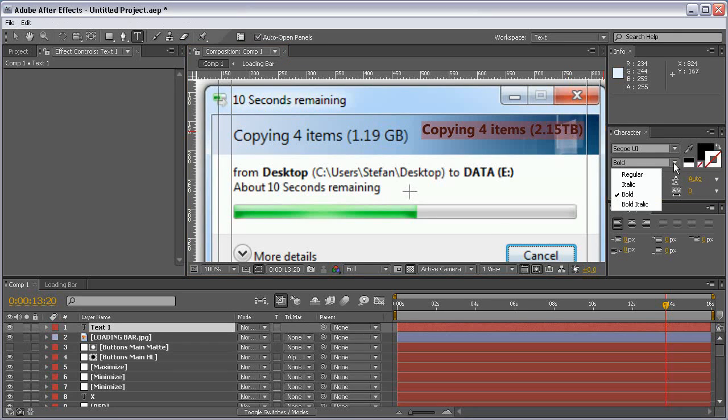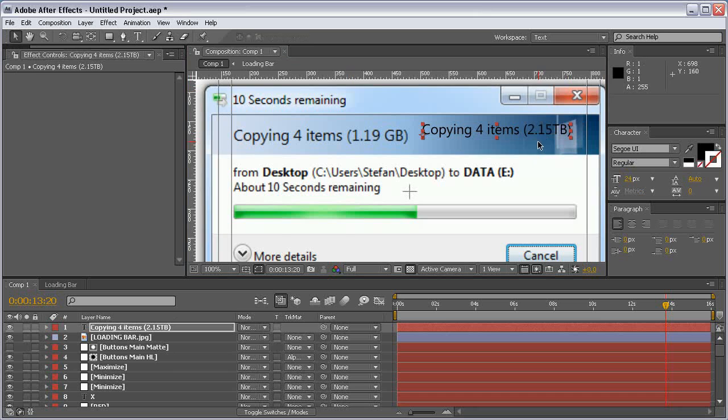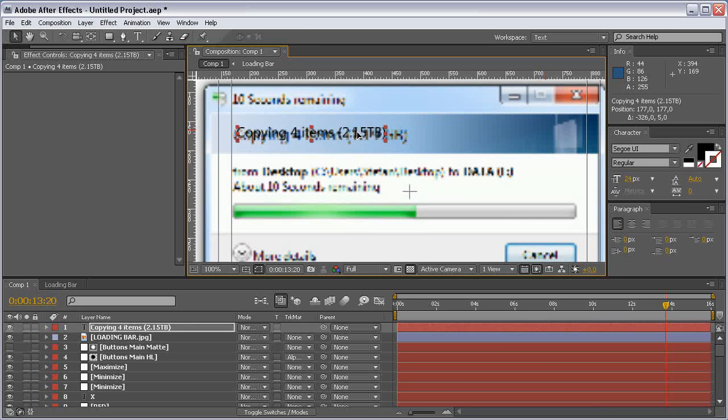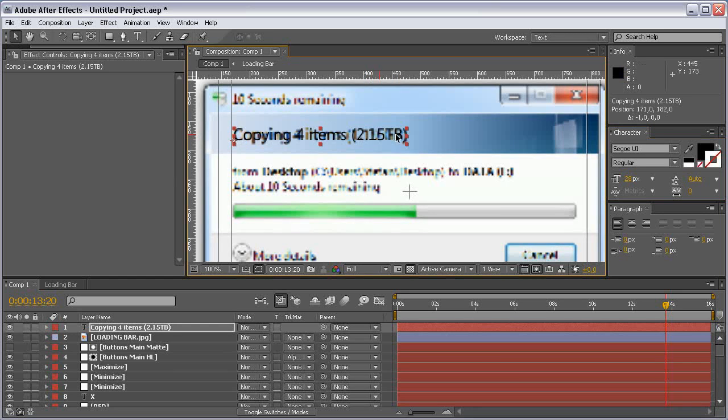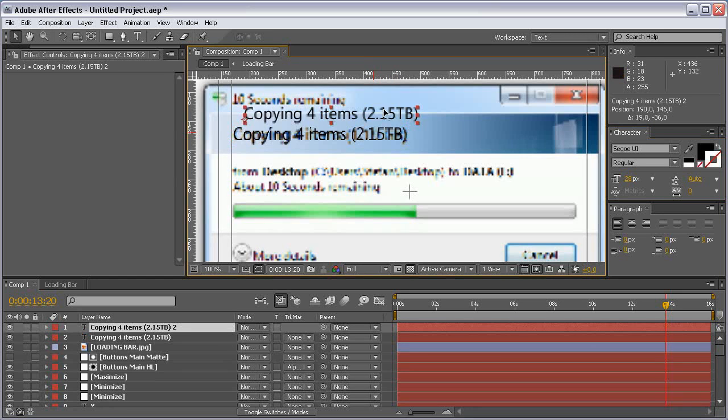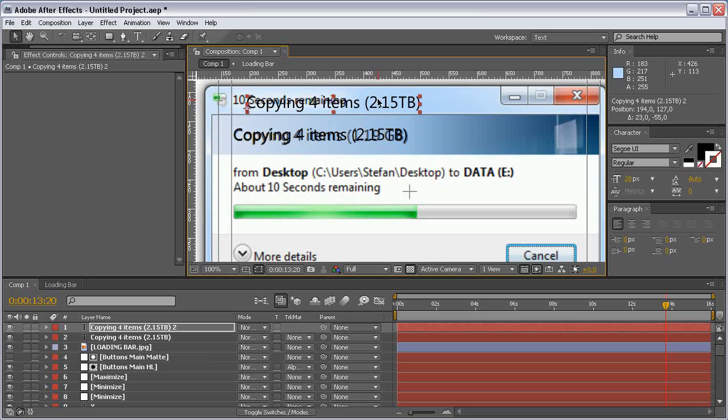type something unreal, like copying terabytes of information, and make this 30 or at least 28, and move this and type 15 seconds remaining, and set this to 22,